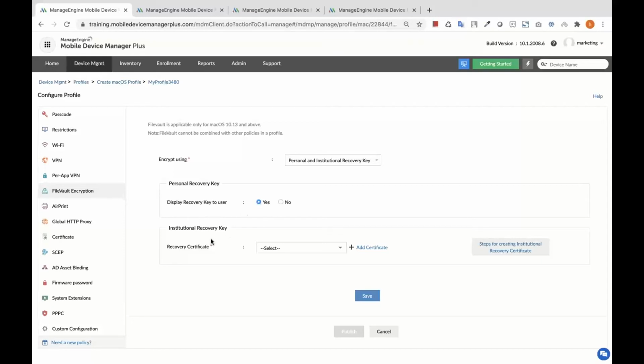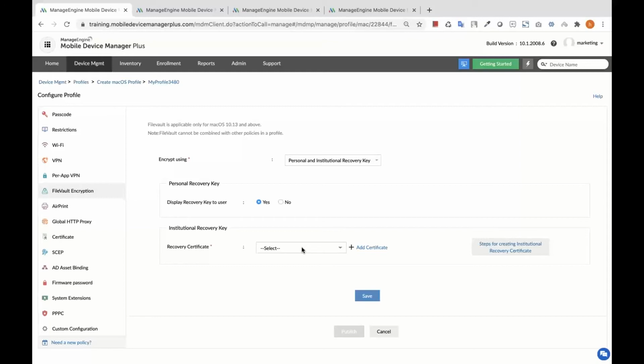Second is that you will have to upload the institutional recovery key, which is nothing but a certificate that needs to be added on your devices. In case you want the detailed steps for creating this institutional recovery key, you can access this link right here. So just click on add and add the certificate that is required for configuring your file vault encryption.